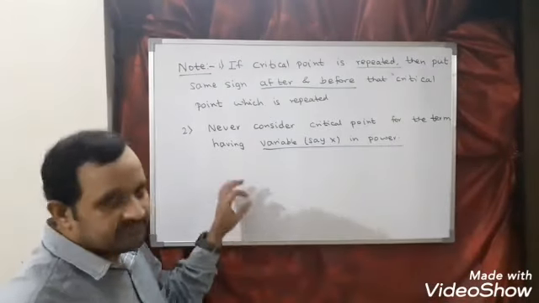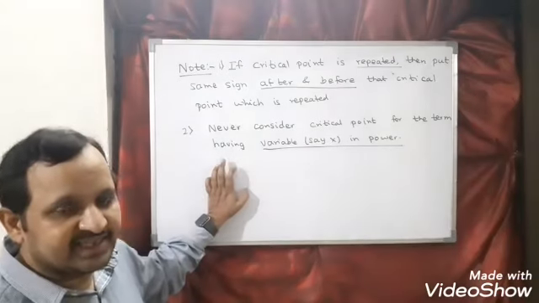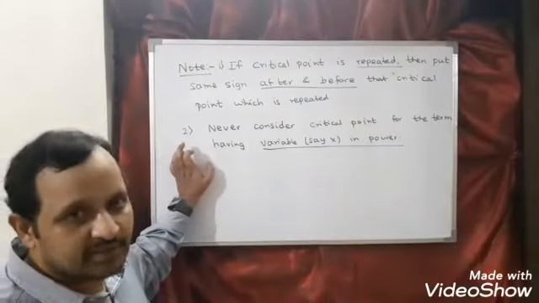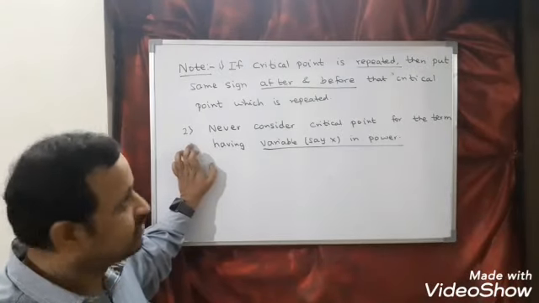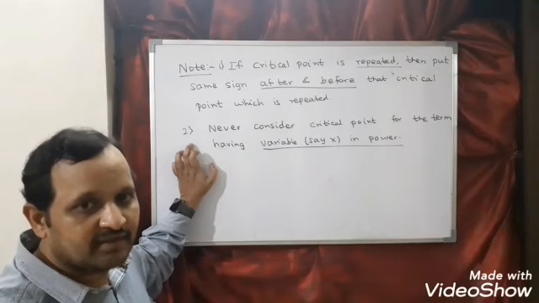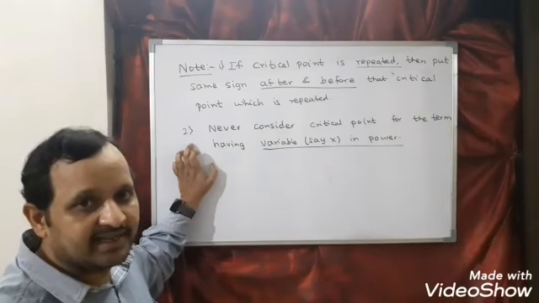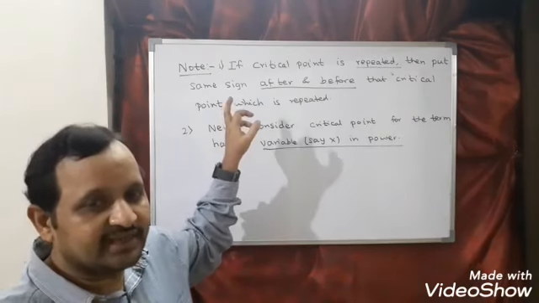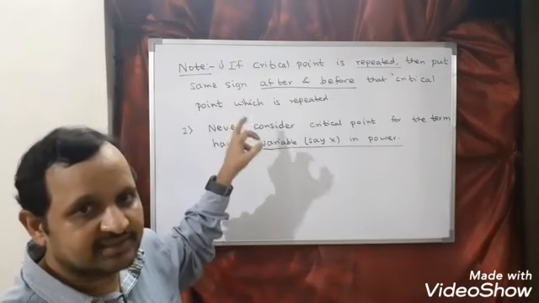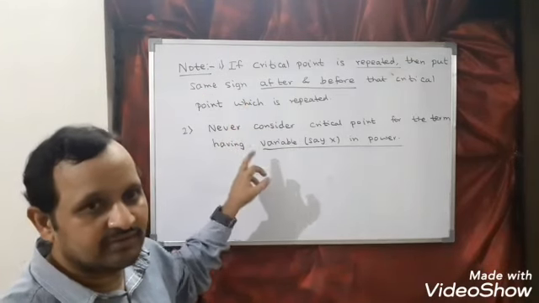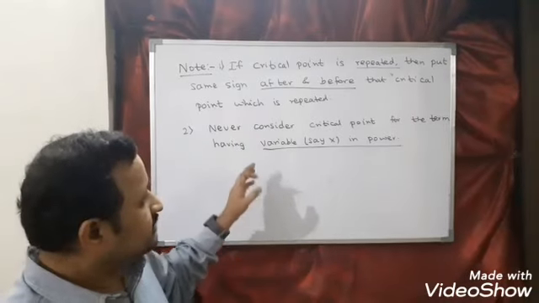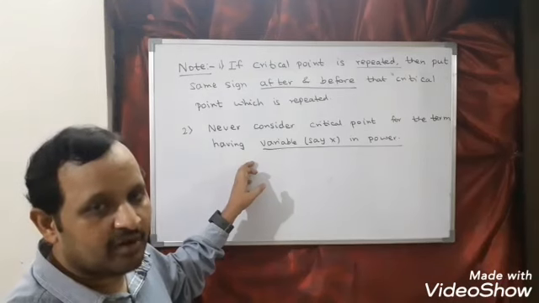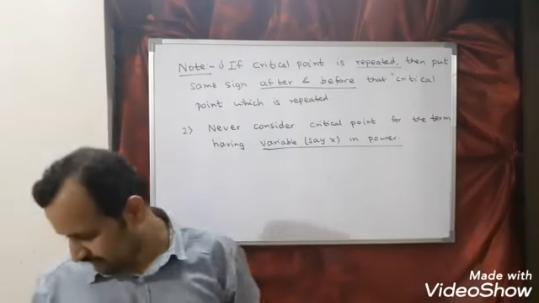So you can see here, the working rule that I told you in increasing decreasing is the same in the case of maxima and minima, except I think the last step. Those who are attending maxima minima first time without attending increasing and decreasing may face some problem. Just refer to the working rule of increasing decreasing and then attend this class. I think the working rule will be more clear. So let us see how to find maximum and minimum value by the help of the first derivative test.